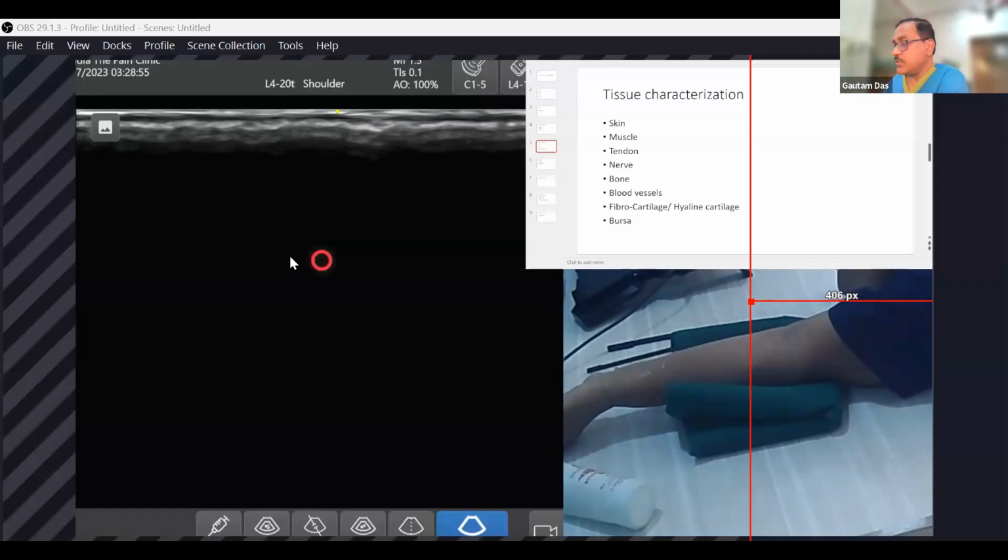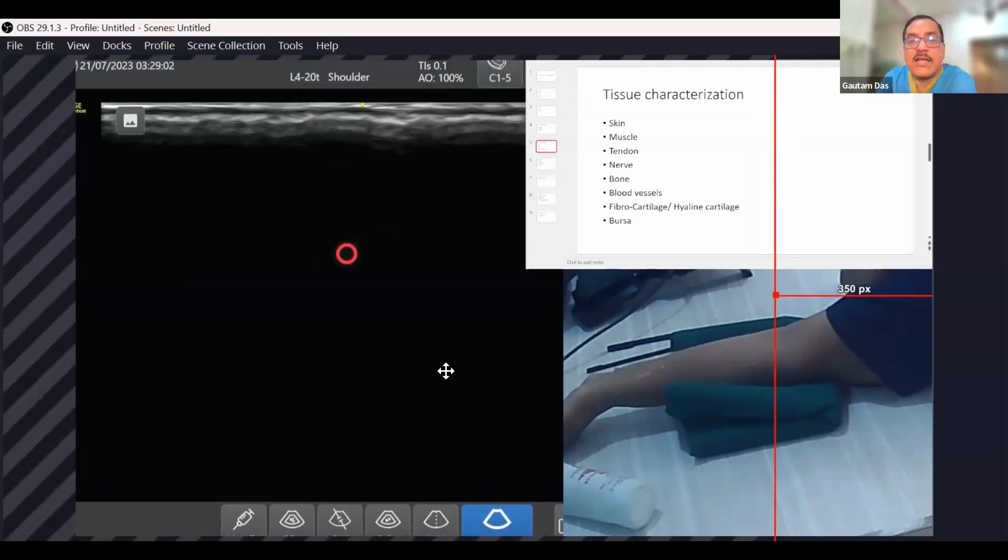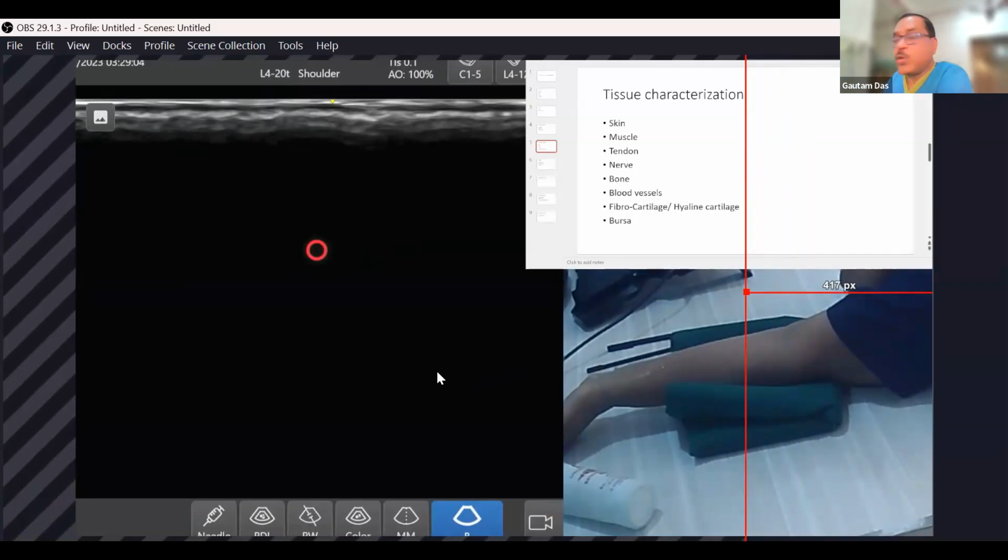Then one important thing I'll be showing you is fibrocartilage and hyaline cartilage. Both are cartilage, but the difference between these two is hyaline cartilage will be looking black and fibrocartilage will be looking